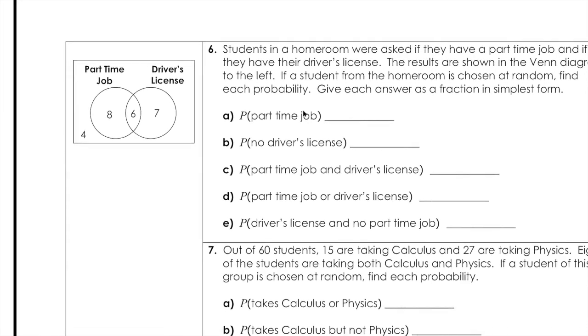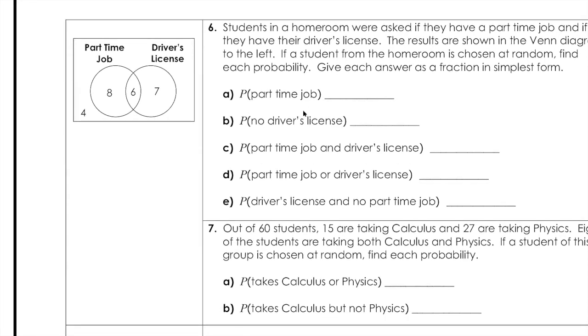So first off, students in homeroom were asked if they have a part-time job and if they have their driver's license. The results are shown in the Venn diagram to the left. If a student in homeroom was chosen at random, find the probability, in simplest form. So first off, how many total students were surveyed? 4 and 8 is 12, plus 6 is 18, plus 7 is 25. That's our total sample